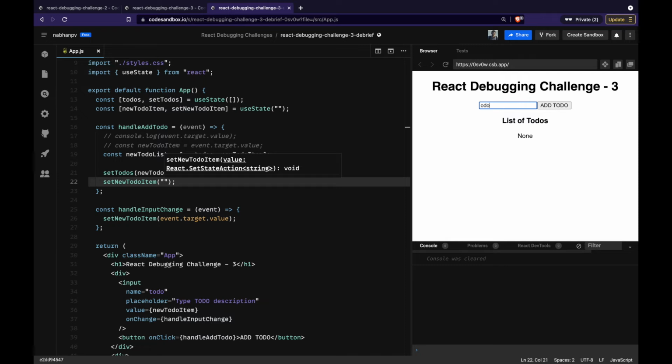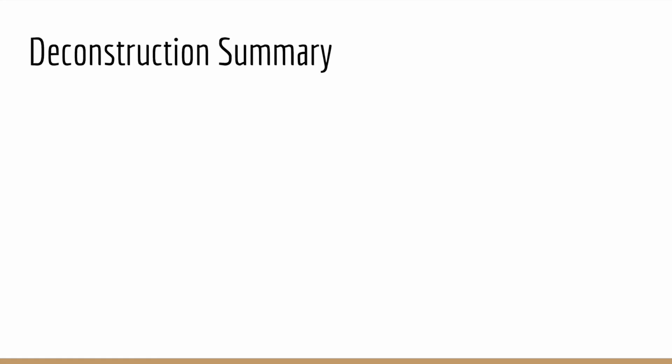So you can essentially reset it as well, so that you can essentially start from scratch. So let's say if I now type to do 1 and click the button, it will get reset. Now I can type in to do 2. Cool. Now let's just quickly summarize what we tried to do here, right?